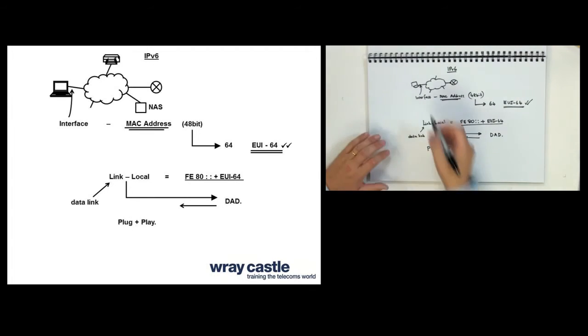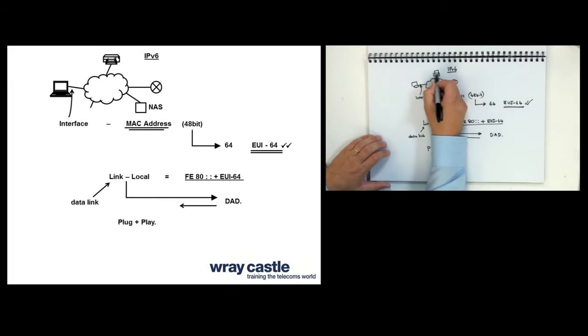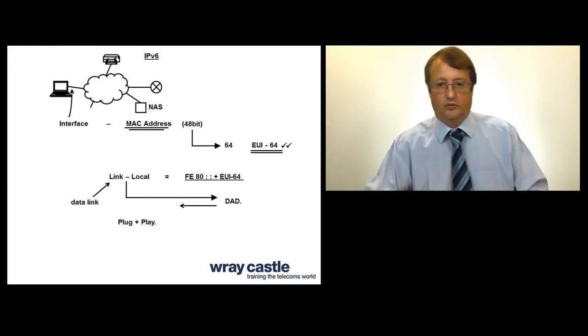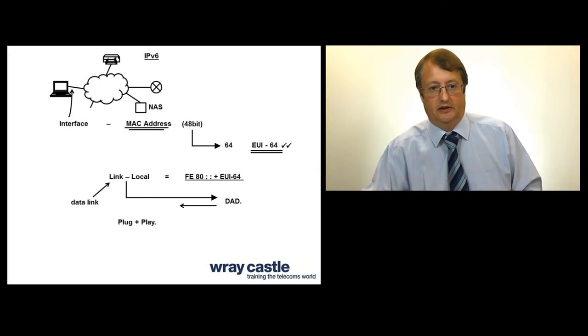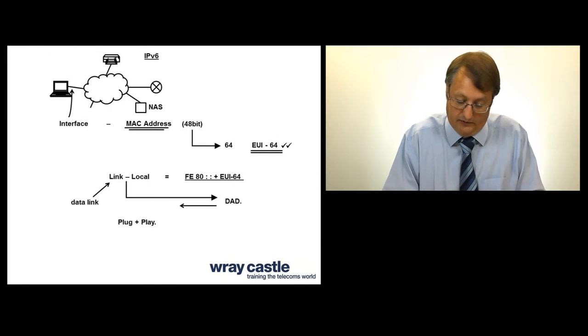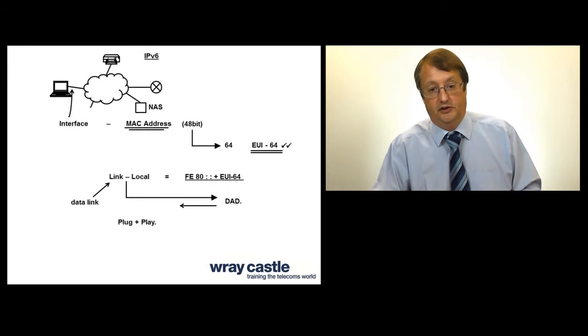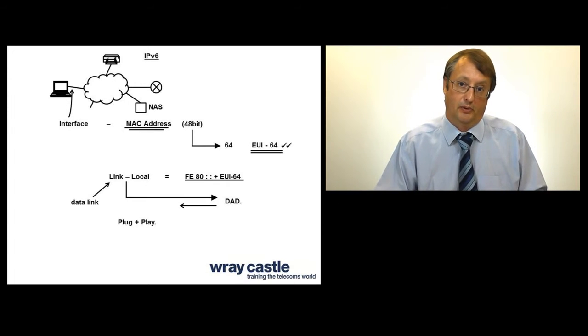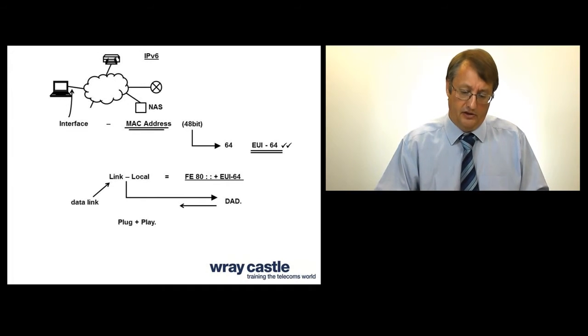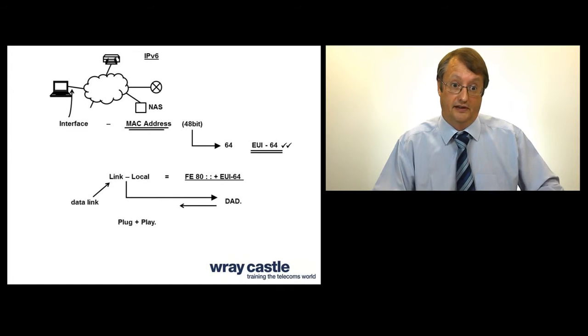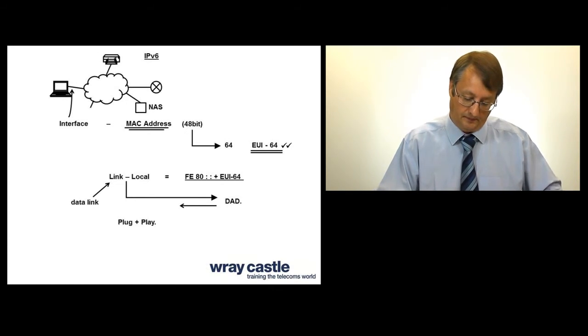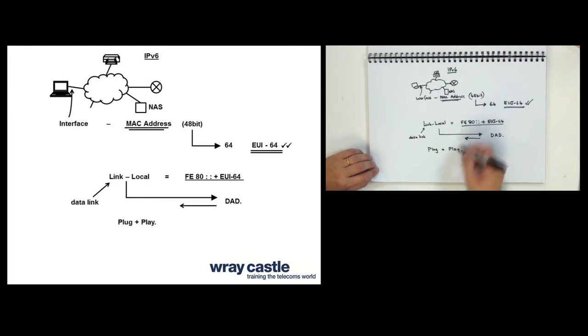So IPv6 allows devices such as your printers, and again, your network attachment storage devices to just switch on, and they should be able to see each other. They announce themselves to everybody, so the other devices should be able to see those devices coming on board, and then they can interrogate further using other protocols to see what sort of things they do and support. Once we got to this level,